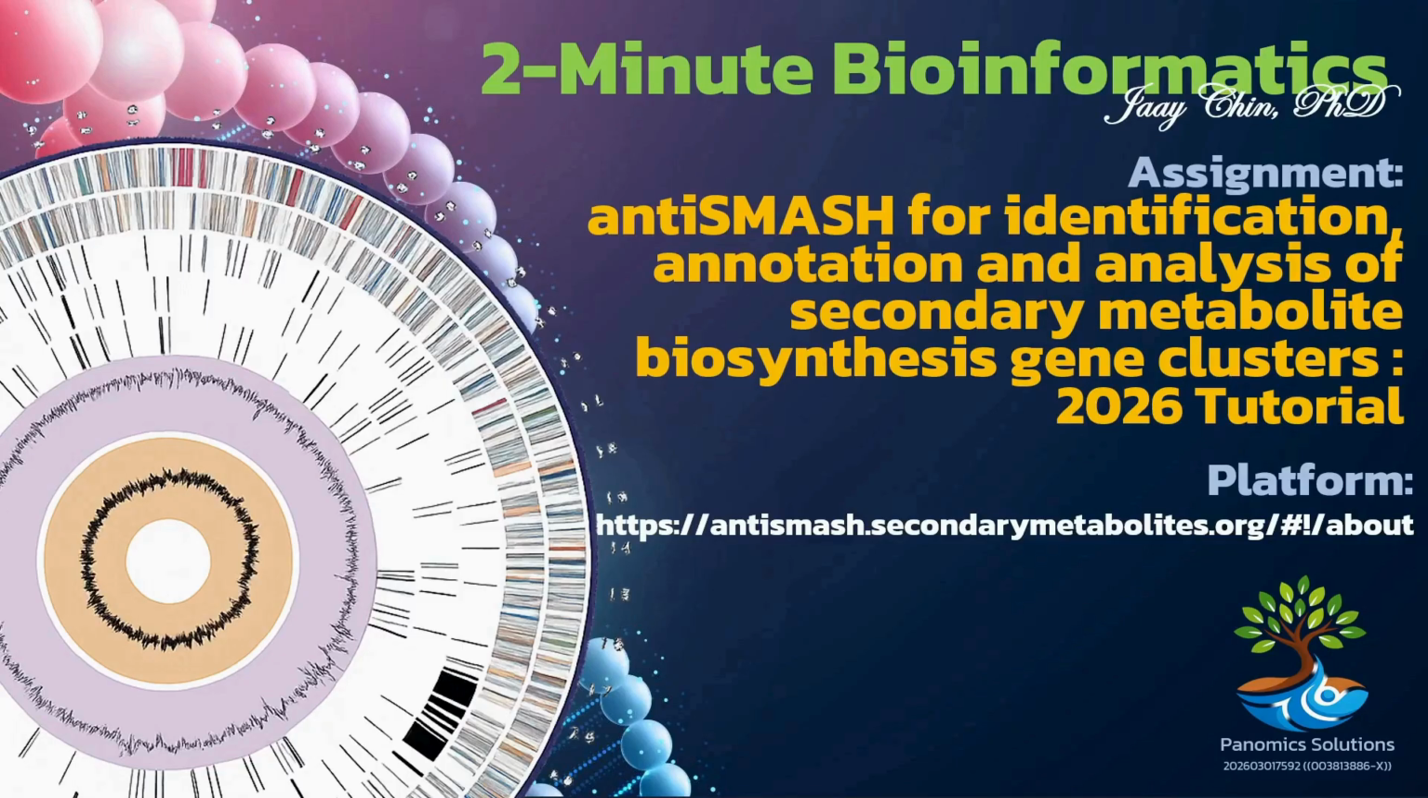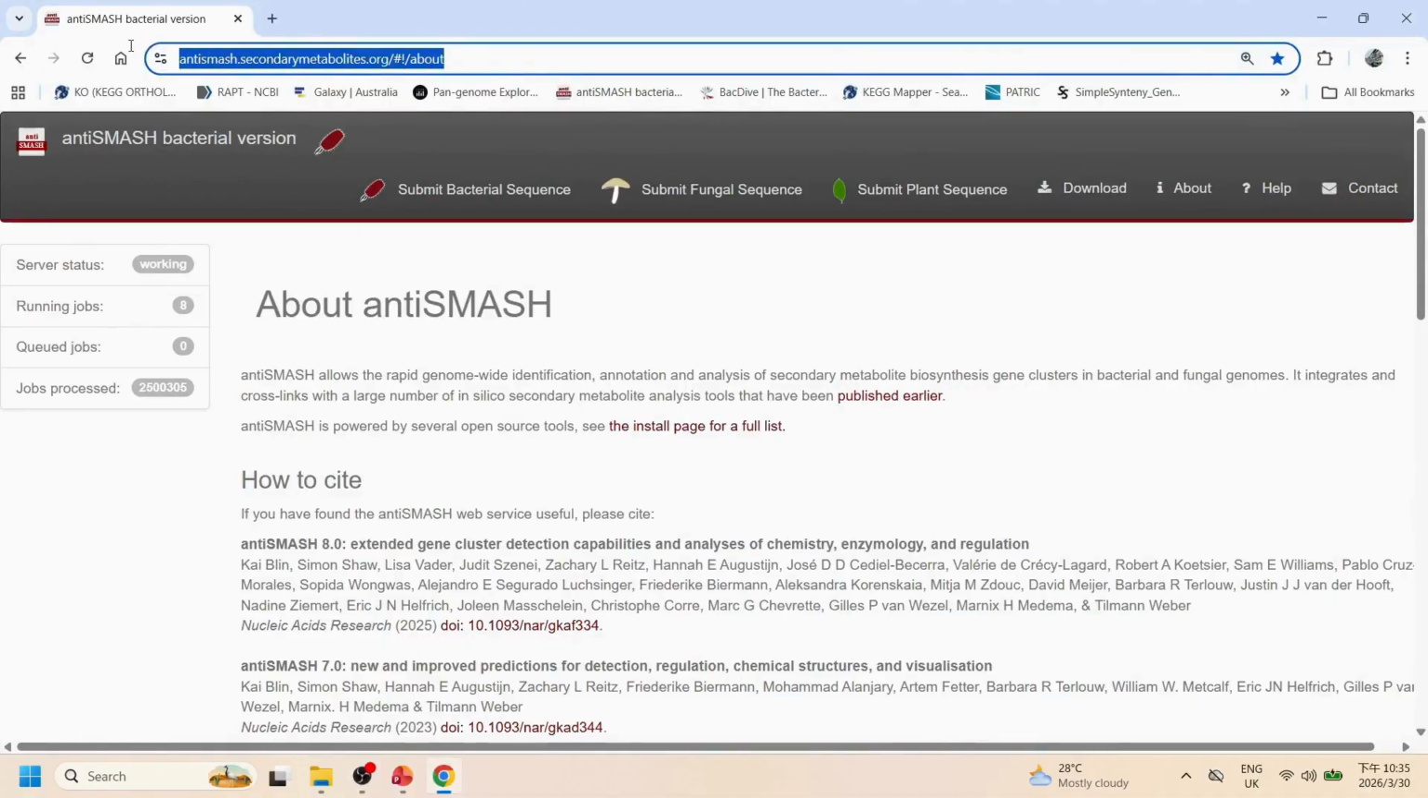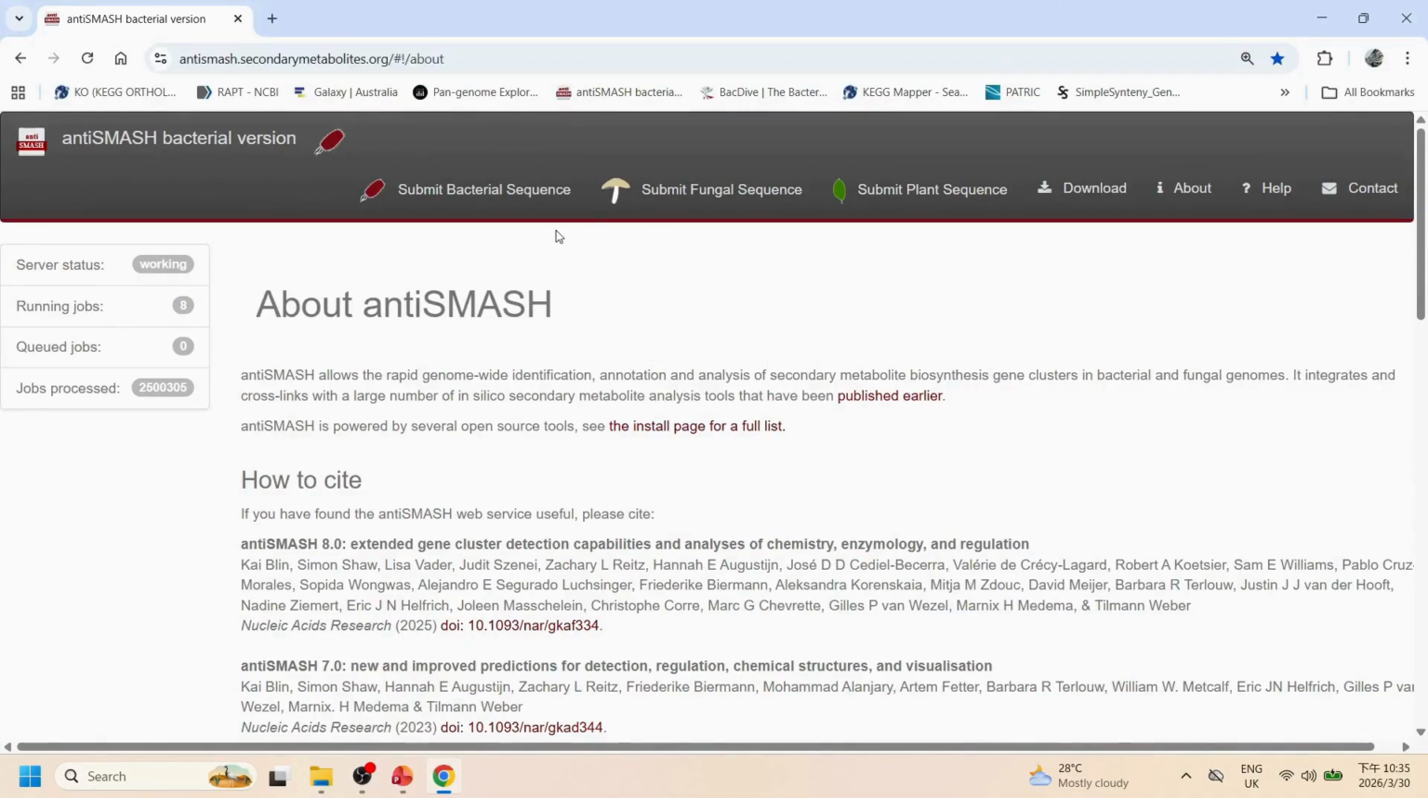In this session, we'll explore antiSMASH, a powerful tool for the identification, annotation, and analysis of secondary metabolite biosynthesis gene clusters in bacterial genomes. Now, copy the web page URL and paste it into your preferred web browser to access